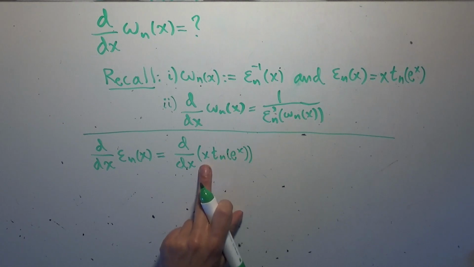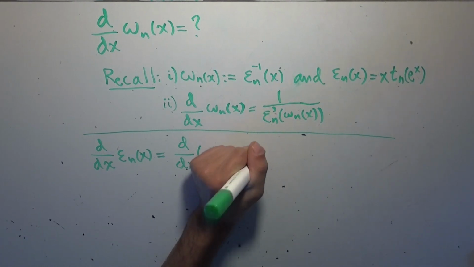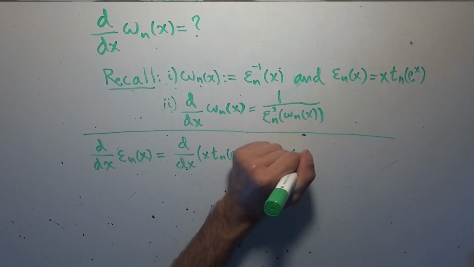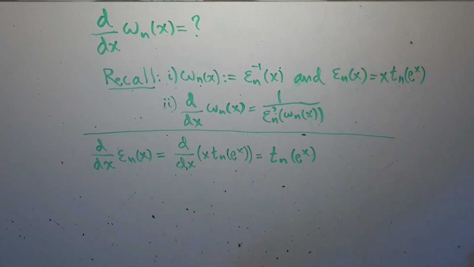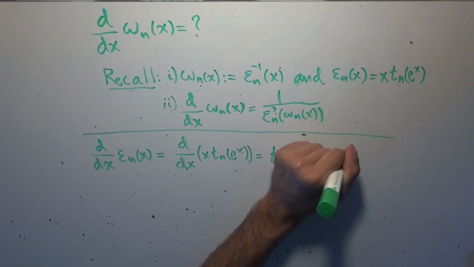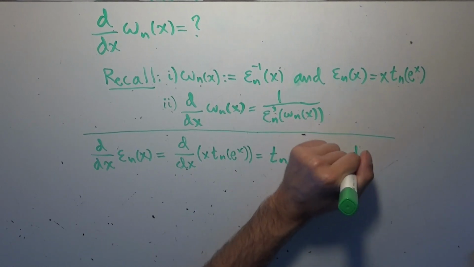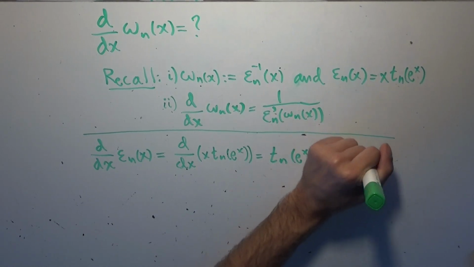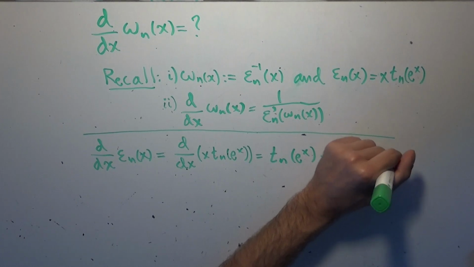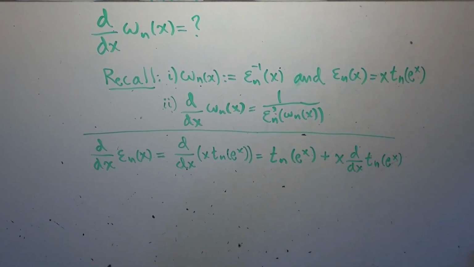So we need to take the derivative of the first term, which is 1. So that's going to give us the nth tetration of e to the x. And then we have to keep the first function and take the derivative of the second. So we'd get x times the derivative with respect to x of the nth tetration of e to the x. Of course, we're also going to have to do the chain rule and take e to the x out as well, but essentially